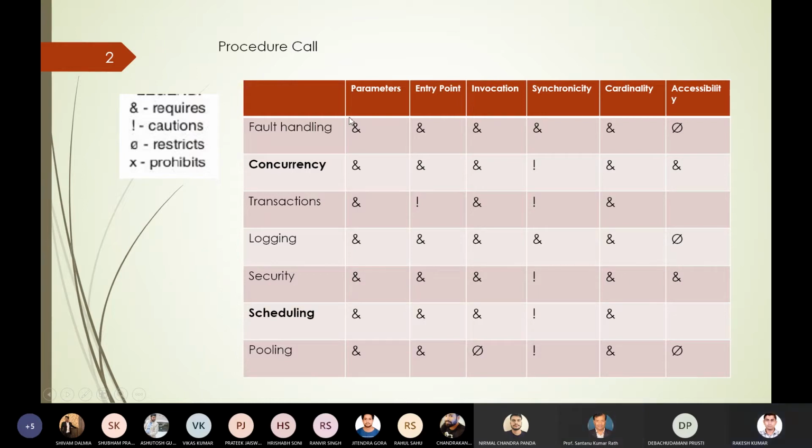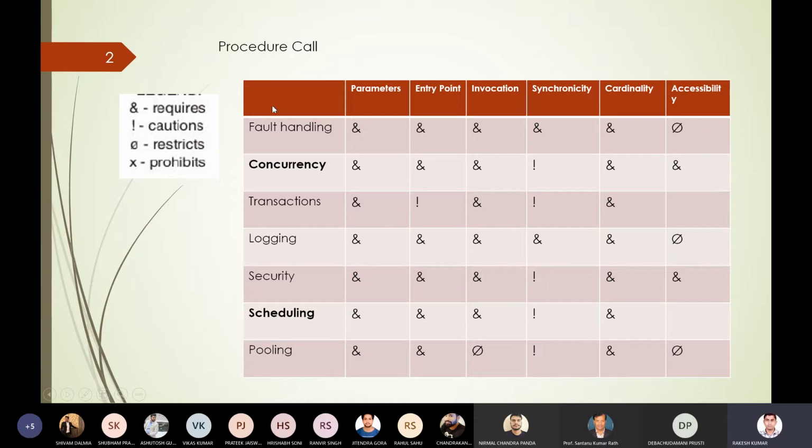In the arbitrator, these two bold entries in the dimensions, concurrency and scheduling, represent the mandatory dimensions. If we are using the procedure call arbitrator connector, we have to compulsorily include concurrency and scheduling.